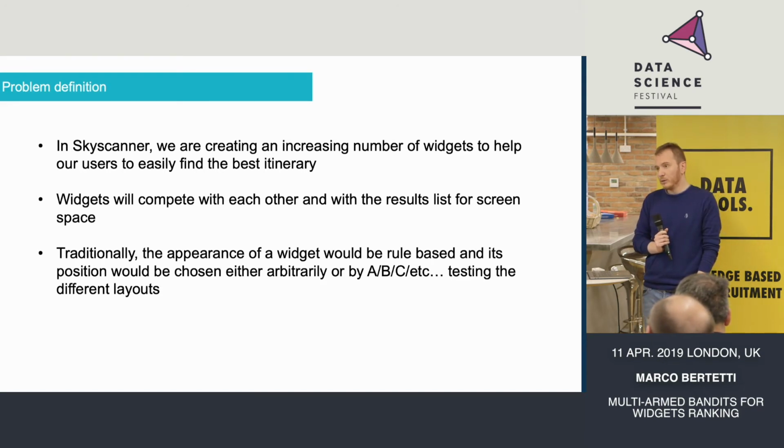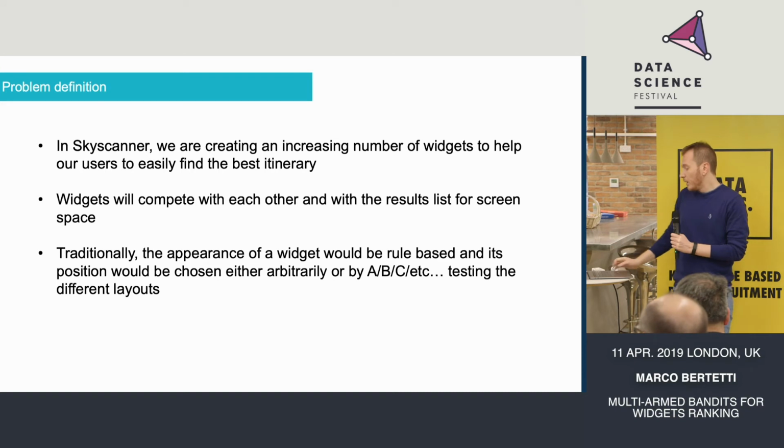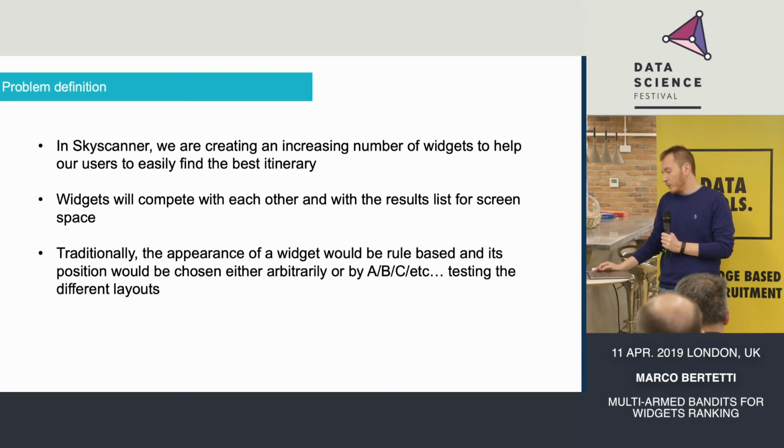So traditionally, how would you go about this? You have new options, and you usually A/B test them. Which, by the way, we do at Skyscanner. We do a lot of A/B testing. It's kind of standard practice. We A/B test every choice. But then again, given that we were expecting a lot of people producing more and more content and a lot of diversity in that content,